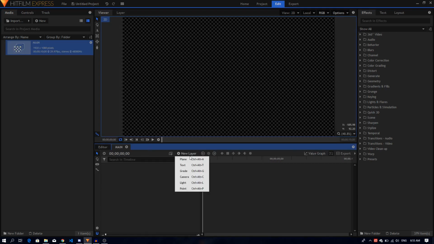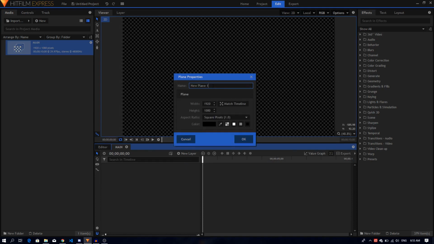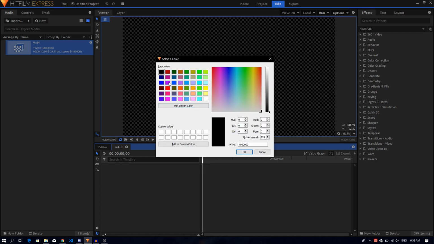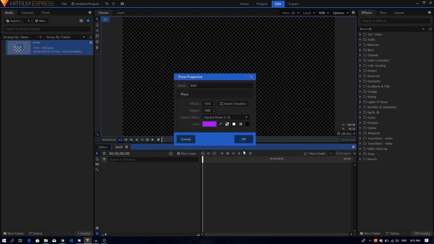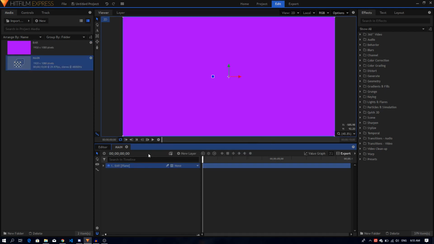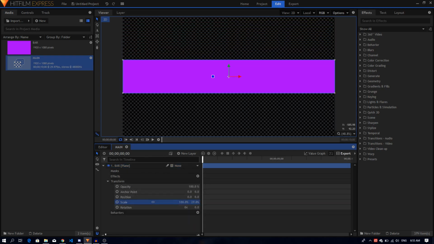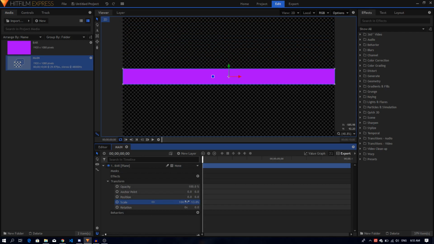Then I'm going to create a new plane layer. I'm going to call this bar. And we can just choose any color for this, so let's just go with this color. Click on OK. Now we'll just go inside the transform and scale this down. Make sure you unlink this first and then scale it down,